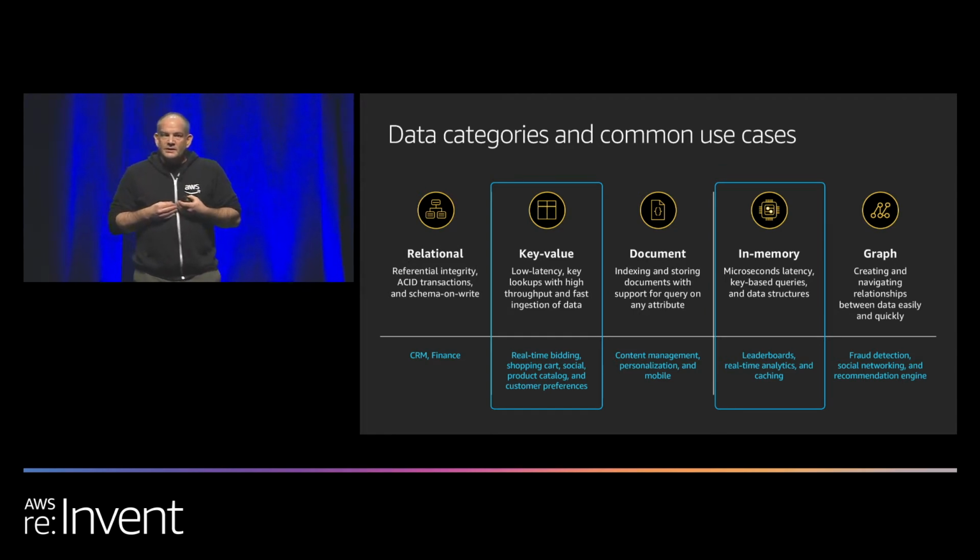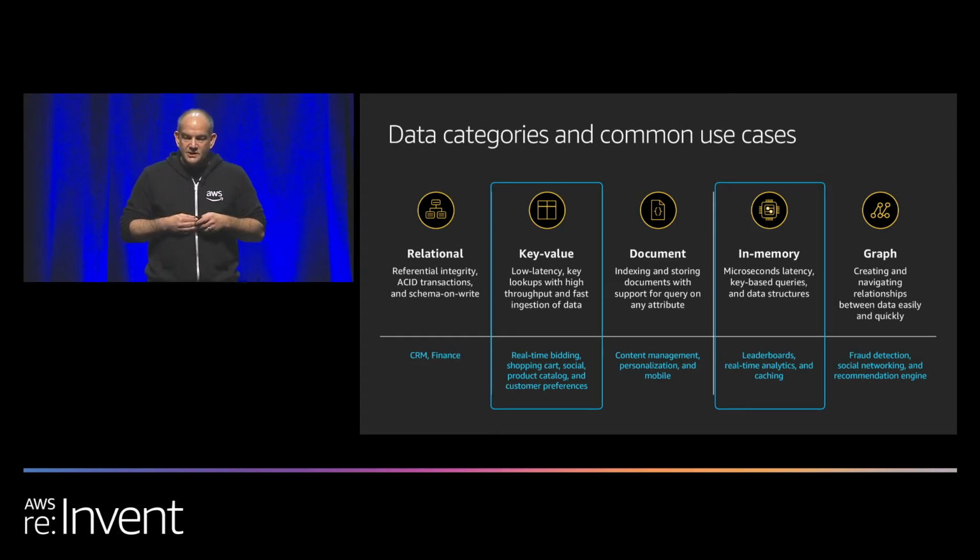When we look at how we categorize databases, we look at where the data is being stored, how it's being stored, and what API you use to access that data. Today, we'll focus on where we stand as a service, key value store, which is a format that's very easy for you to be able to communicate data to customers. It's not about optimization like it is with relational. And then in memory, which is where the data is stored. So this is where ElastiCache is located.